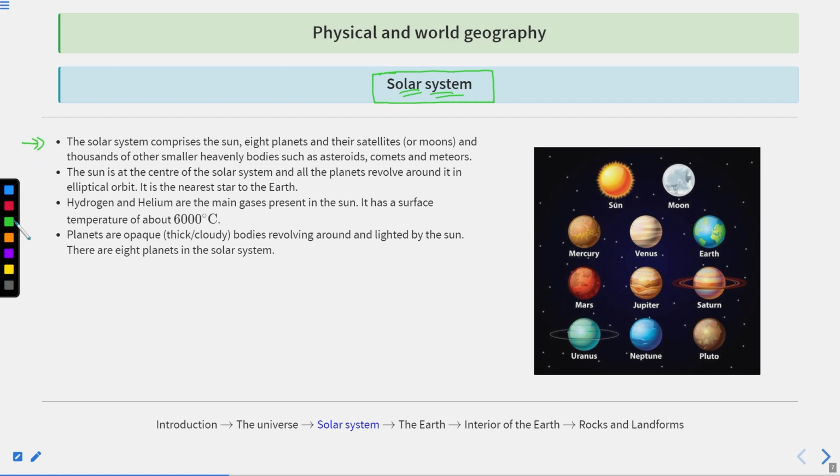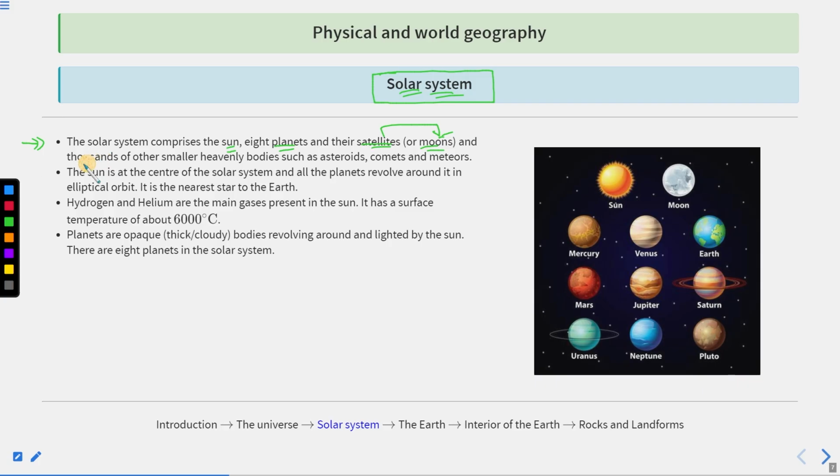If we talk about the solar system in particular, the solar system comprises the Sun and the 8 planets and their satellites or moons. Remember, only the natural satellites. We do not consider the artificial satellites. Why? Because so far we are only aware of the artificial satellites developed by humans on Earth. If there are any other creatures living on other planets with their own satellites, we are not aware of it. So that's why we always consider moons and the natural satellites only.